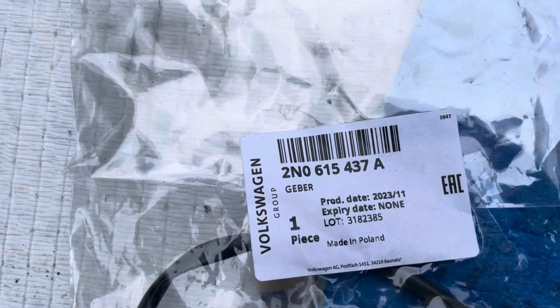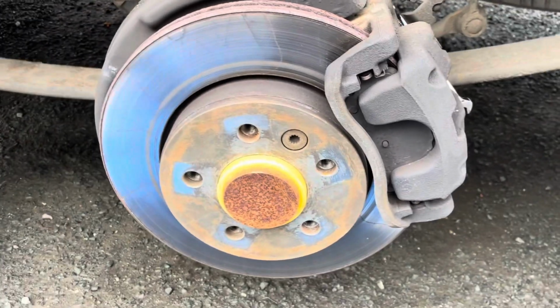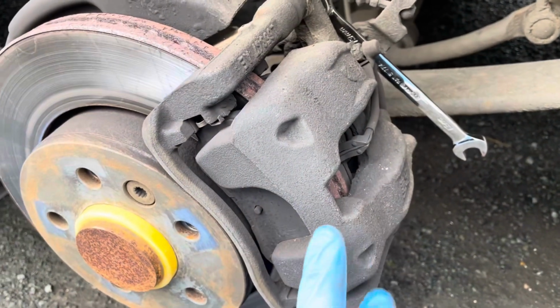part number there. So first job is obviously removing the wheel, clean the face of the hub off for when you put the wheel back. For that I just used a wire brush. And next I'm going to remove the